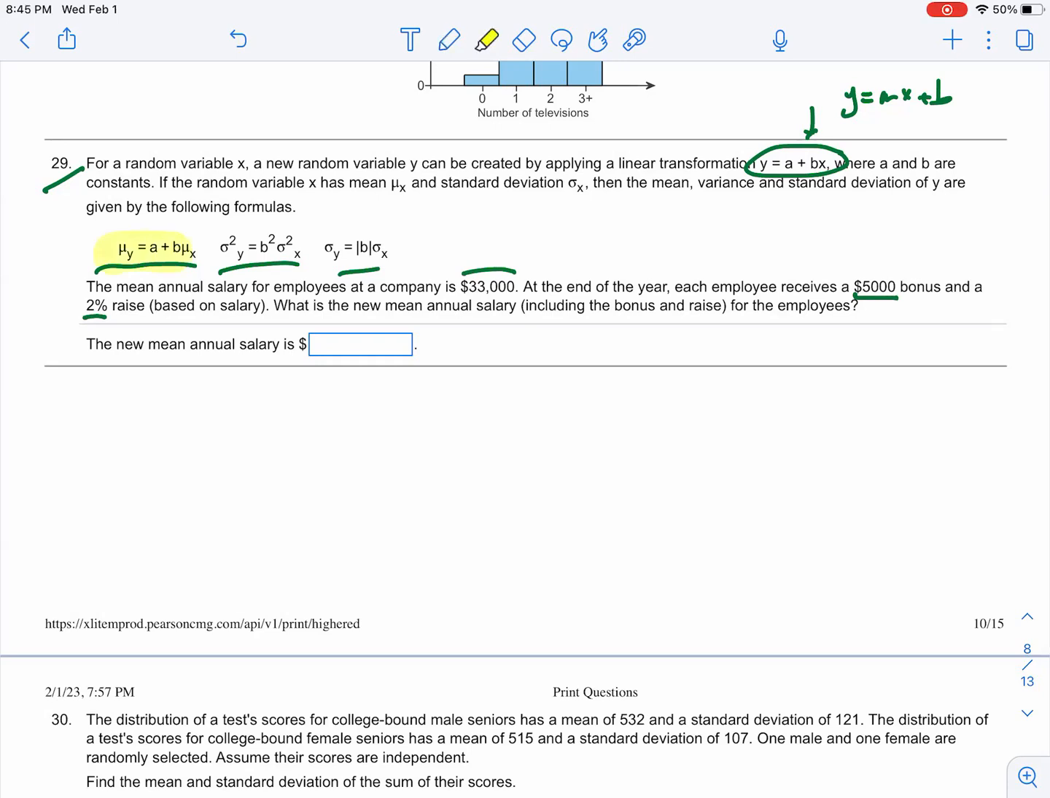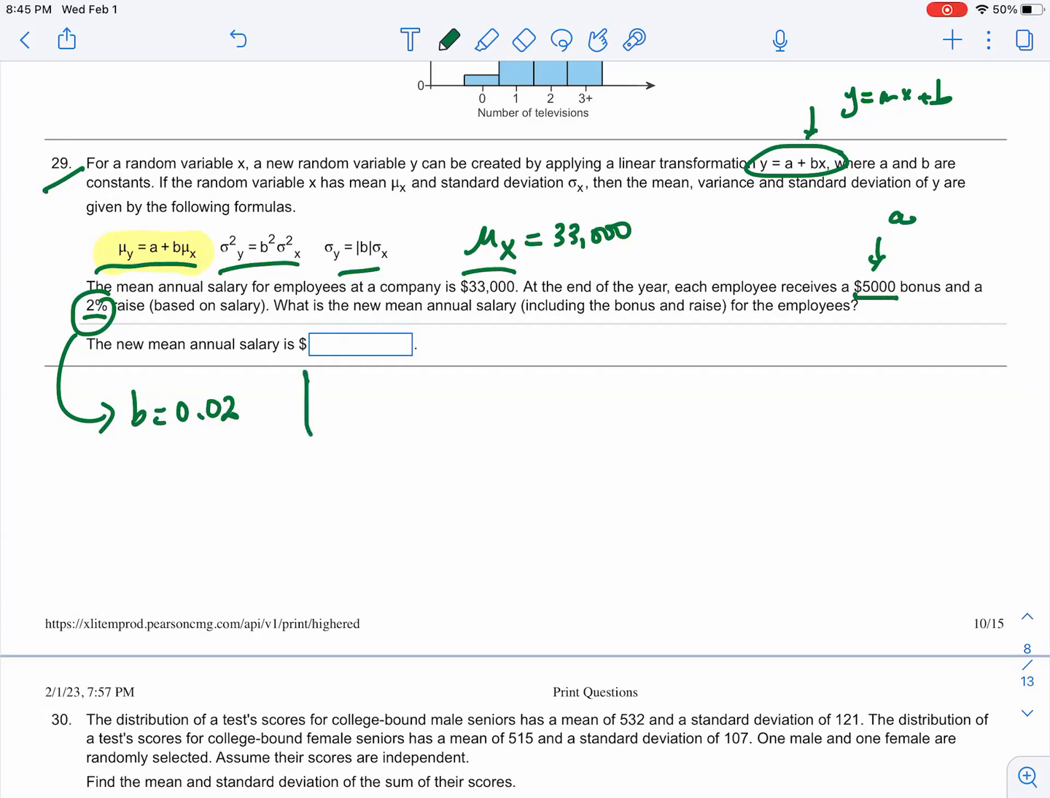It's easy. We're going to use this formula here. So remember the old mean, we're going to call it mu of X, 33,000. The 5,000 bonus, what is that? This is your y-intercept, or your A in this case. And your 2% increase is your slope. That's your steady increase, or your steady rate, right? Which is going to be B, 0.02. Is that 2%? I hope my math is correct. I can always check. But 2% should be what I said it is,